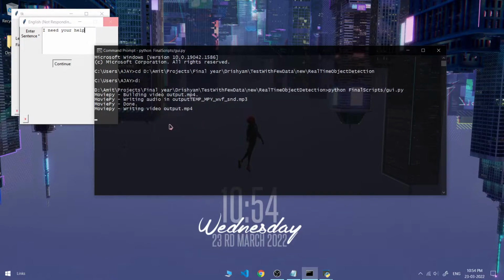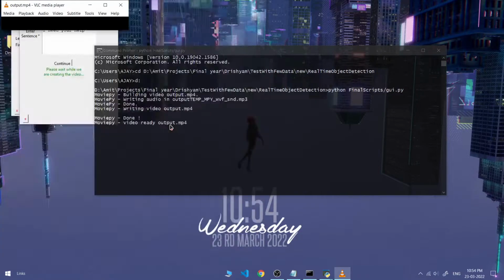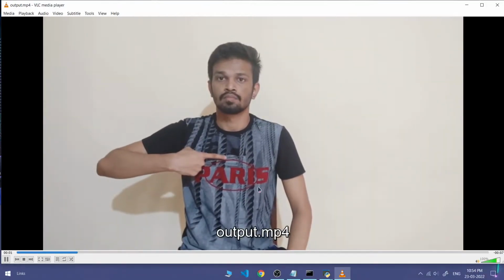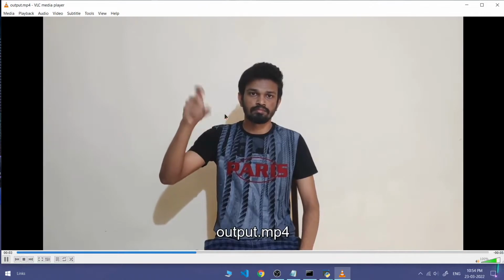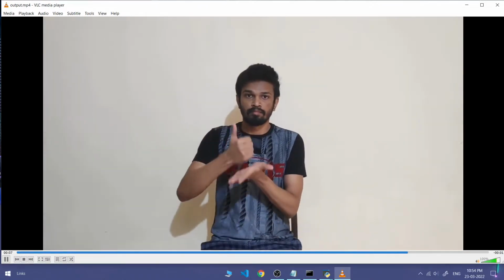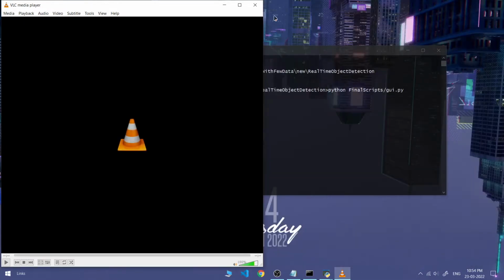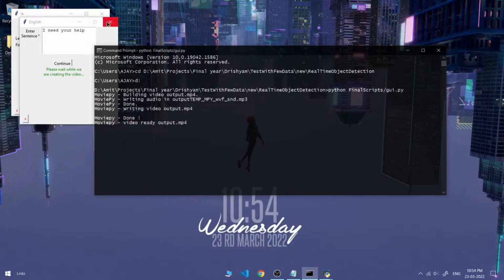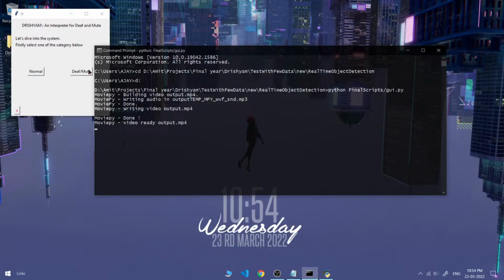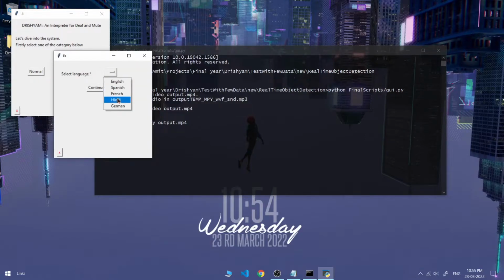As you can see, MoviePy is used for displaying the videos. Now the corresponding video, that is "I need your help," the sign language is displayed to the person who is deaf and mute and cannot quite understand what a person with normal comprehension is saying to him. As I've explained earlier,